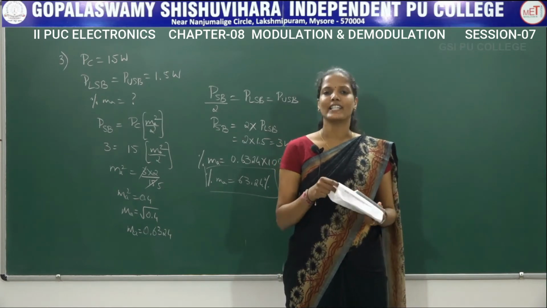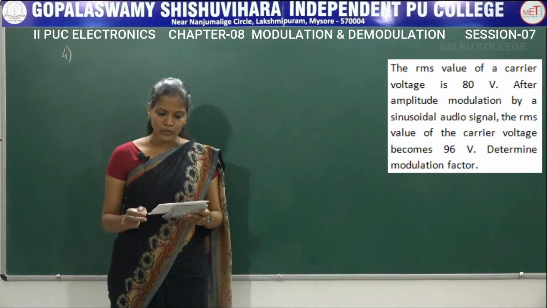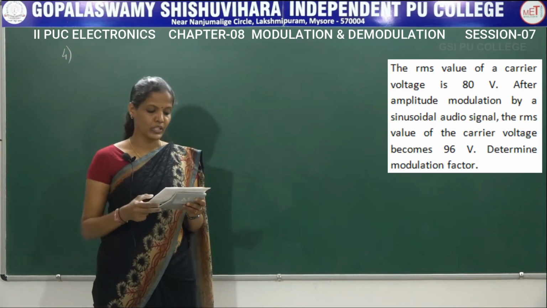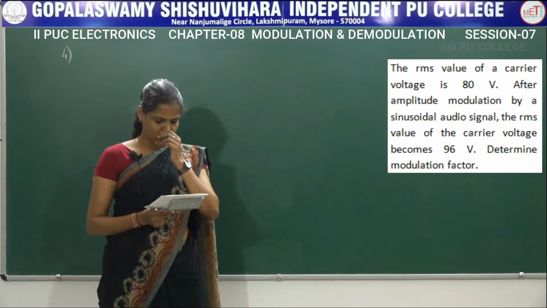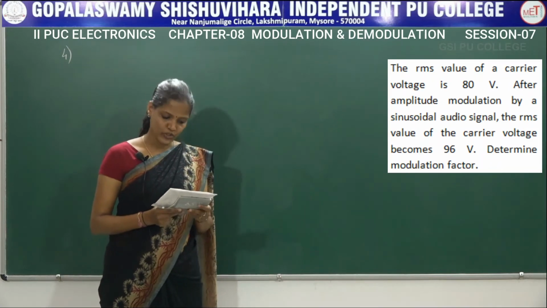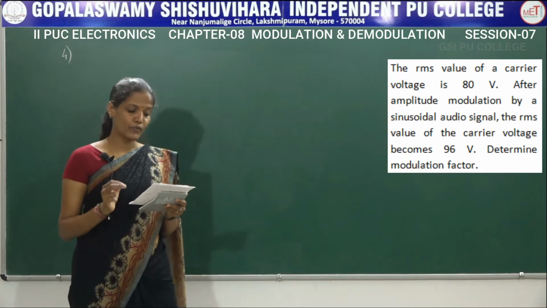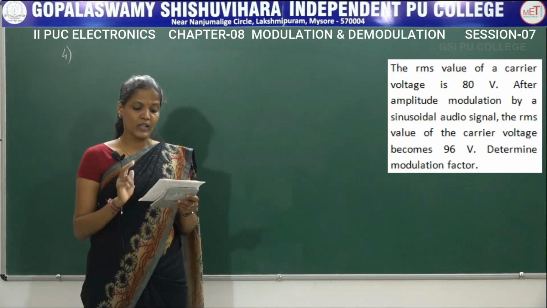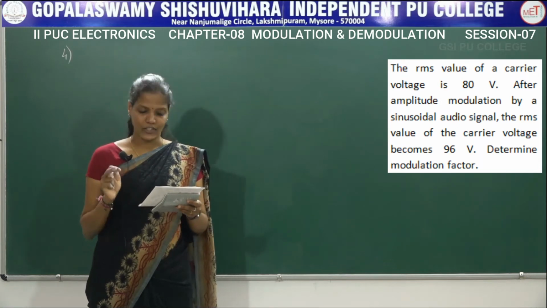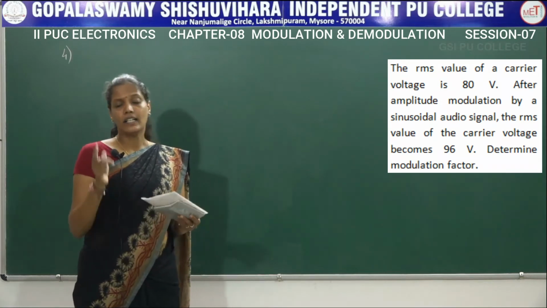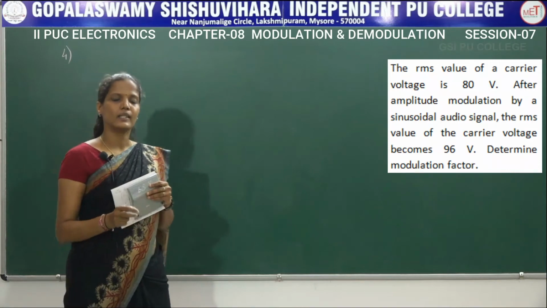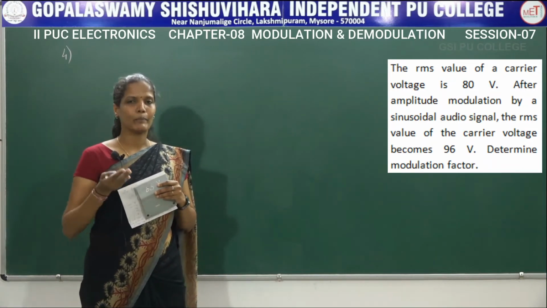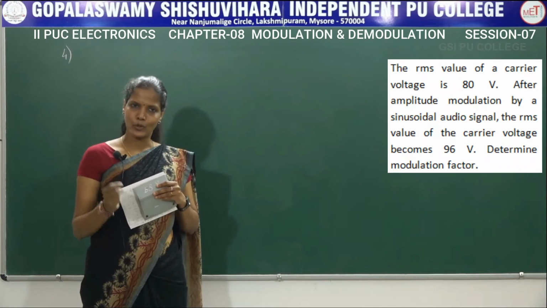Now we'll move on to the next problem. The RMS value of a carrier voltage is 80 volts. After amplitude modulation by a sinusoidal audio signal, the RMS value of the carrier voltage becomes 96 volts. Determine the modulation factor. So here, while deriving the power relation of an AM wave, PC, PT, PLSB and PUSB,